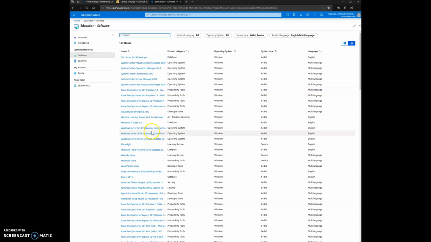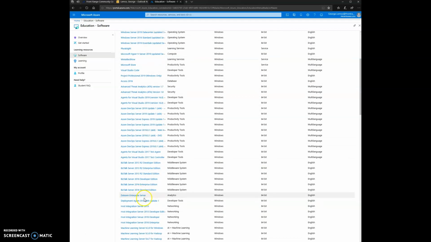If you're taking information systems, you get Visio Professional 2019 and Project Professional 2019. If you're doing a database class, of course you get Access, and I believe there's also SQL. Yeah, also SQL. All of these are for free, but for our class, we want to do